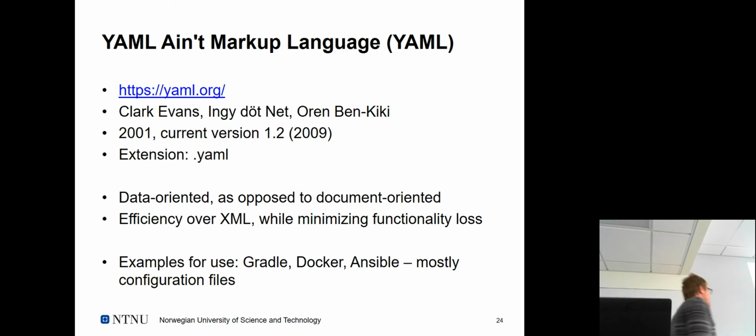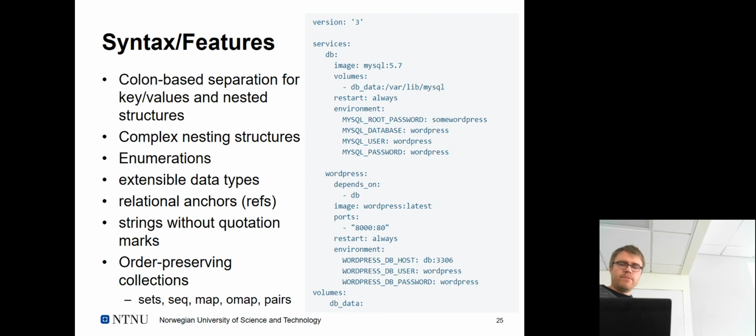And the use is largely in areas of configuration, right? So you find it in DevOps and sysadmin areas, but also in programming. To some extent, Docker and Ansible are quite known for using those YAML files. And if you see them, some of you may not have seen before, but this is a Docker script, for example. Some have seen that. And they have a bit of a, which programming language does it remind you of to some extent?